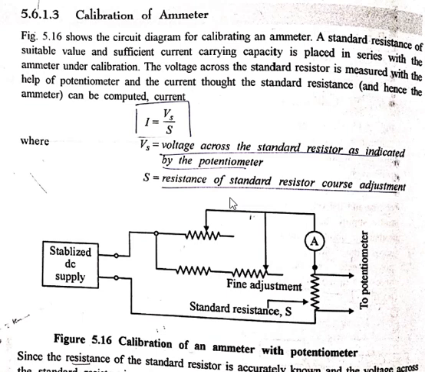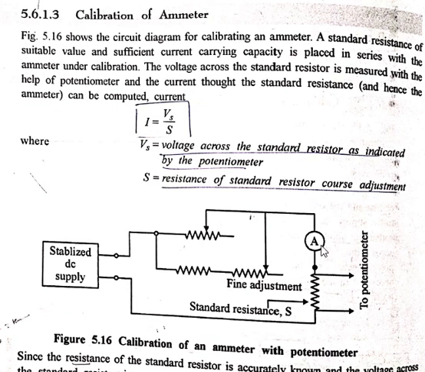The purpose of an ammeter is to measure current. So for current measurement, we have taken our potentiometer and a standard resistance. These two devices are used for calibrating an ammeter, and this is the best method for calibrating an ammeter, very accurate using a potentiometer and a standard resistor. A calibration curve indicating the errors at various scale readings of the ammeter may be plotted, and the error curve can be used for the adjustment of this ammeter.